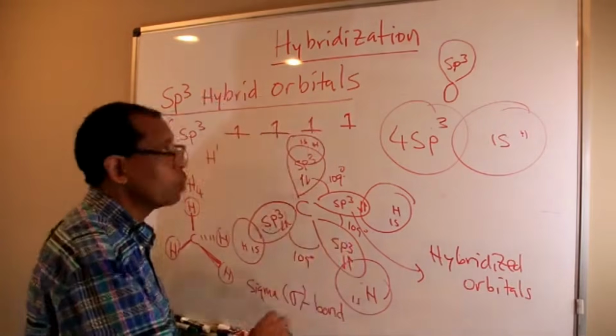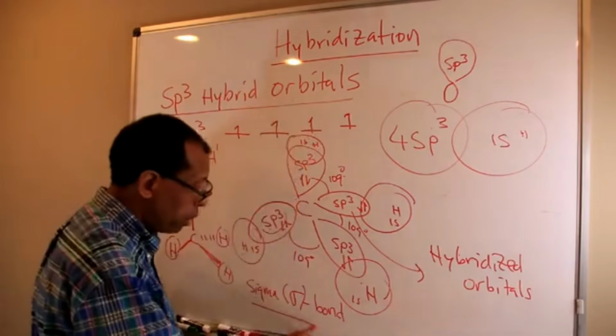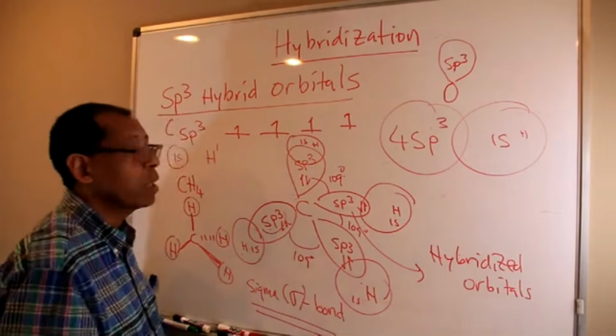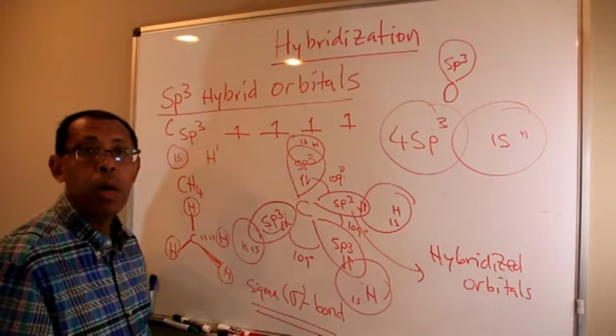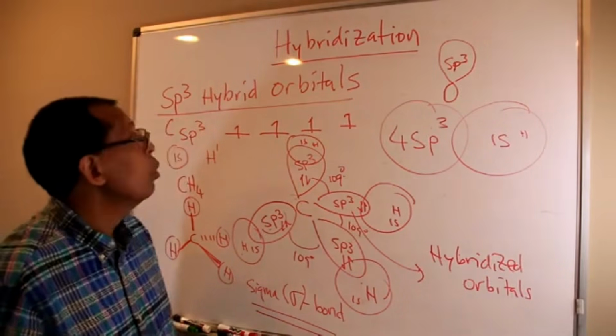Now, together with hybridization, we are also learning what type of bonding it is. It is a sigma bond. It's called a sigma bond. Okay, in the next discussion, we will be looking at